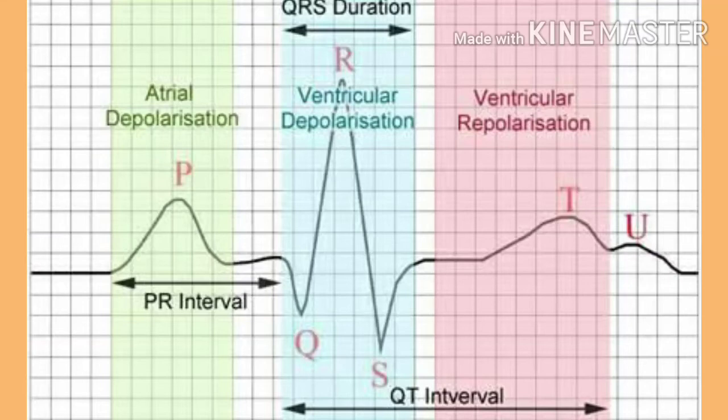In the diagram, the T wave represents the return of the ventricles from excited to normal state. So excited to normal state means what? Depolarized to the repolarized. Clear? Or we can say it from depolarization to the repolarization. Depolarization means excitement is there, and when it becomes normal, it is called repolarization. The end of the T wave marks the end of the systole.